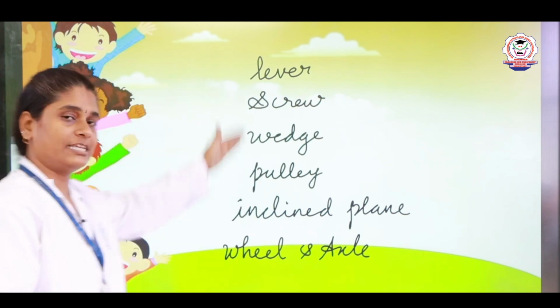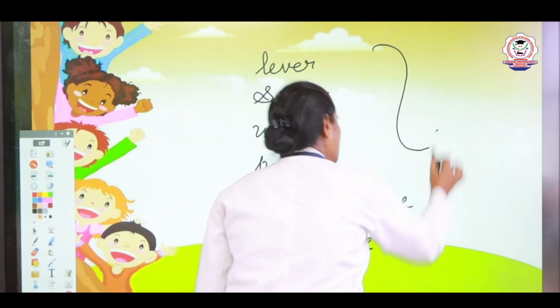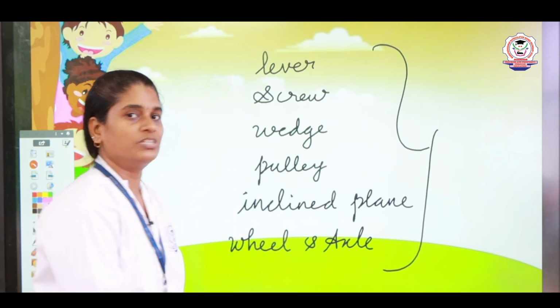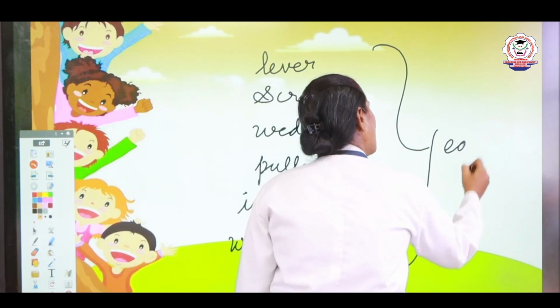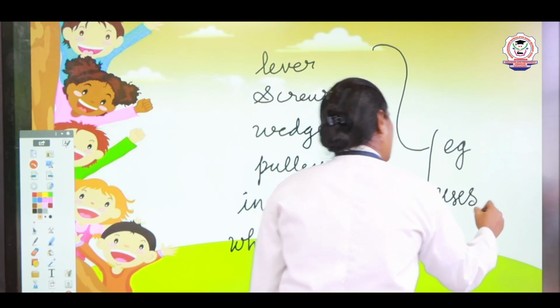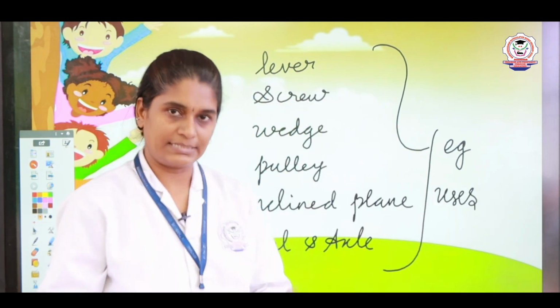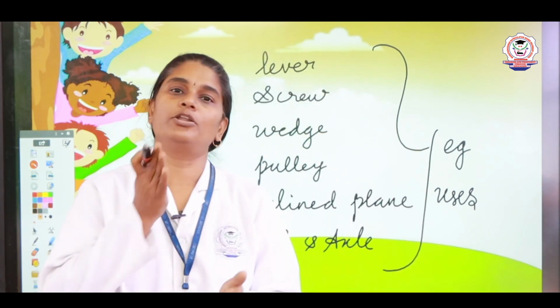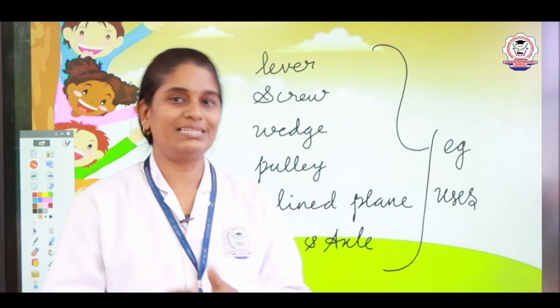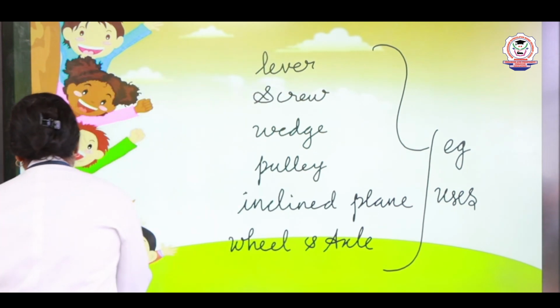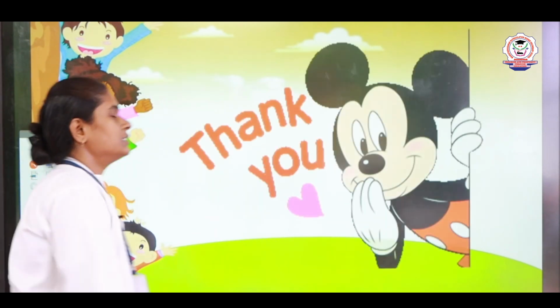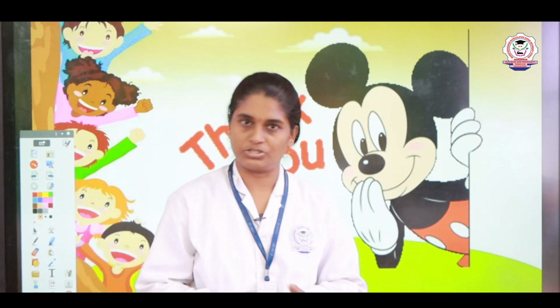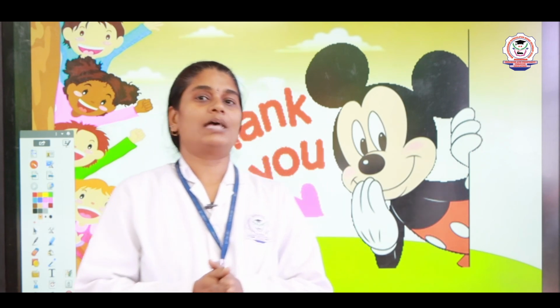So today in this session we have discussed about these 6 types of simple machine, examples as well as the uses, right? So go through this lesson, go through the information that is given in your book. So once you read it thoroughly, if you have understood, take the self-assessment and do the self-assessment, right? So with this, I hope you have understood about what is simple machine and what are the types of simple machine, right?